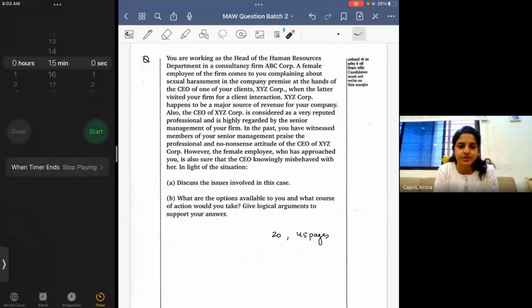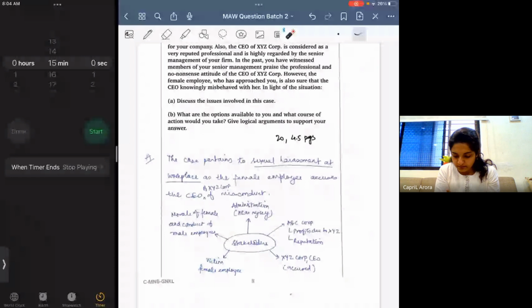UPSC pattern keeps changing every time. In 2020, a lot of unconventional case studies were there, but in 2022, all the case studies were on similar lines. All six case studies were on the similar lines that something wrong is going on and you are responsible to take care of it. You are being threatened with your life, or your child is not well, and otherwise if you do the wrong thing in their favor, you might get benefited. So chalo, let's discuss what to write.